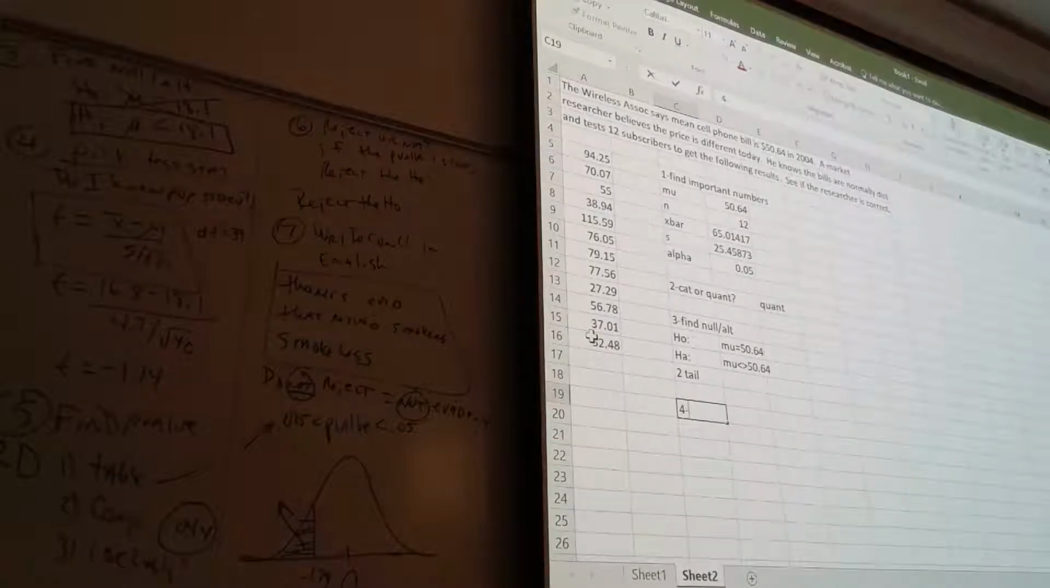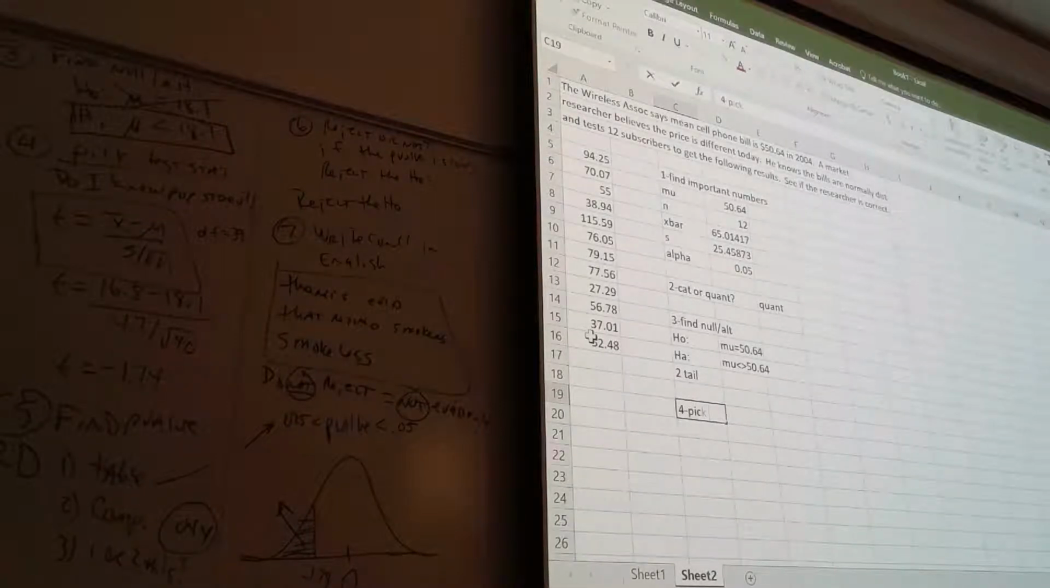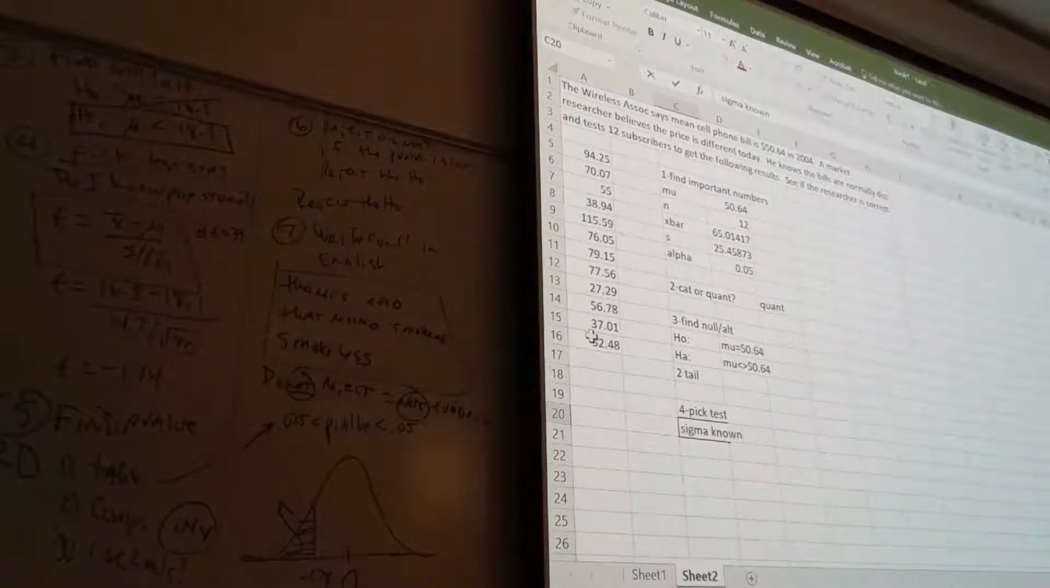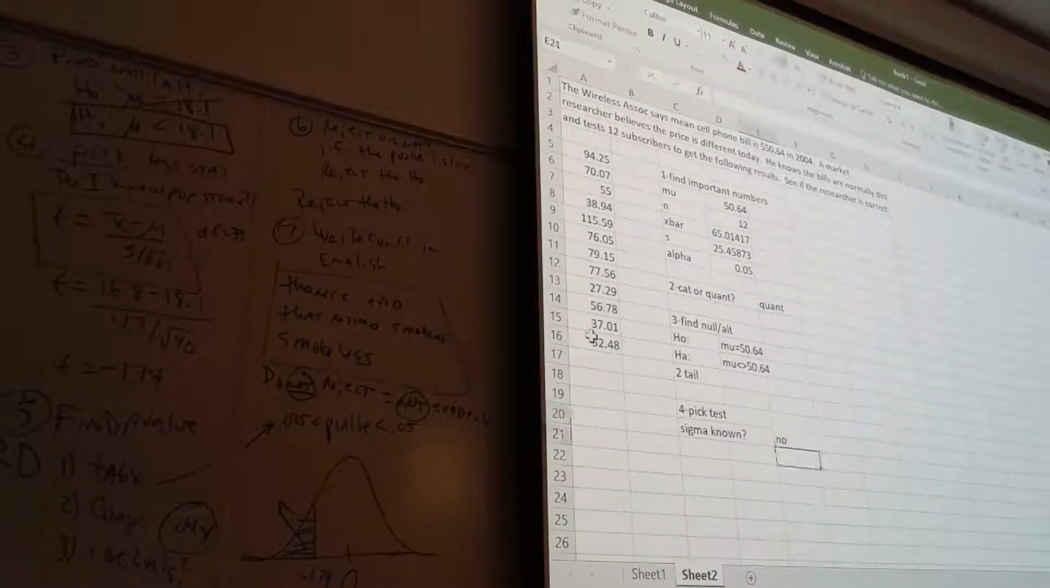Kennedy, I think it's your turn here. Step 4 is to pick the test statistic, and you got 4 choices, right? I think I'm going to add a 5th one, by the way, but don't have to worry about it today. Since it's quantitative, you just have to choose whether sigma is known or unknown. Is sigma known? No. So therefore, it is a